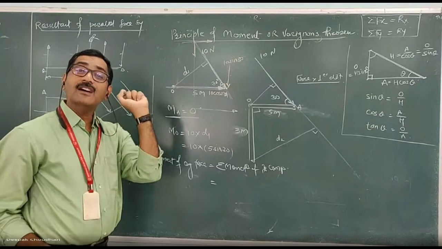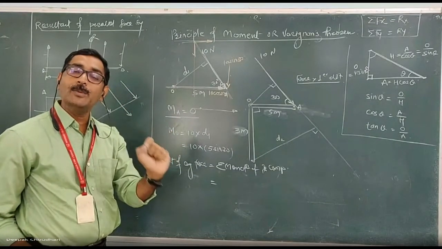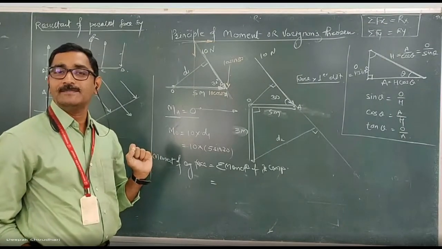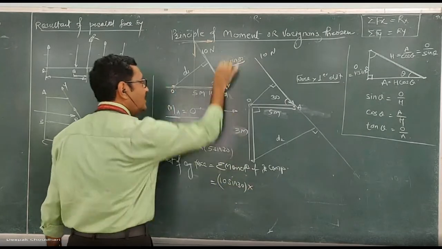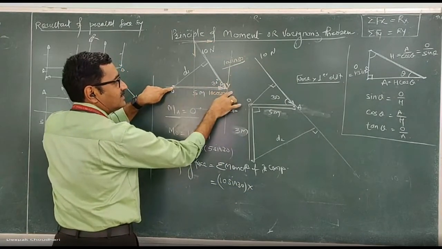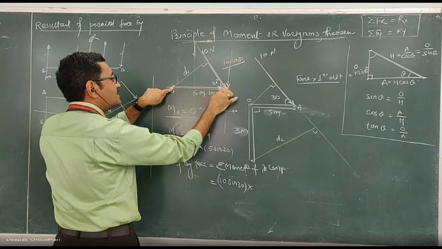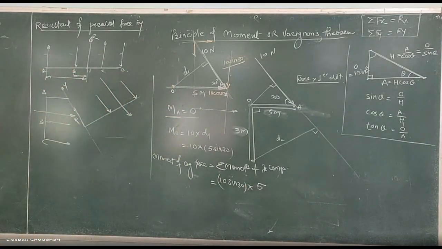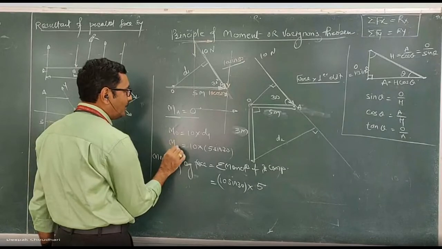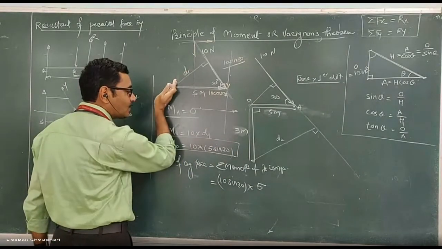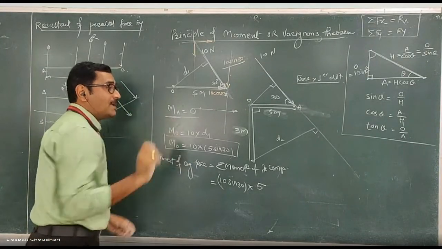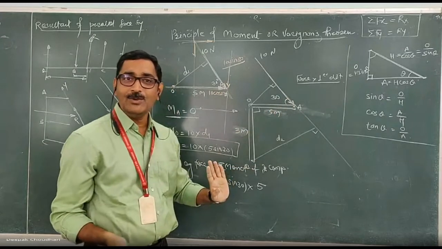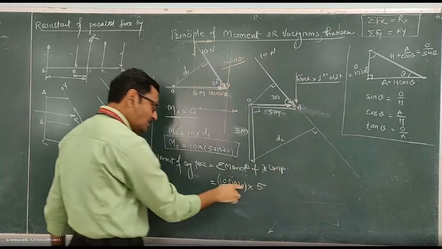So the moment of this 10 cos 30 about O becomes 0 because its line of action passes through O. Once again remember, if the line of action of a force passes through the moment center, its moment will be 0, because the perpendicular distance will be 0. And what is the moment of this 10 sin 30 about O? It is 10 sin 30 into its perpendicular distance from O. For a vertical force the perpendicular distance is horizontal, so how much is this distance? It is 5. Understood? So I have calculated this moment about O according to the definition of the moment: here I calculated the perpendicular distance, and there I used another concept, I resolved the force and calculated the moment. So remember, whenever the force is inclined, instead of calculating the perpendicular distance, better you resolve the force into two components and take the summation of the moment of its components.